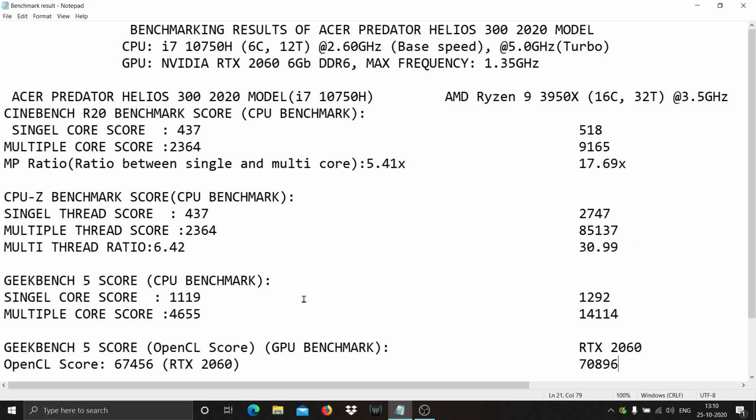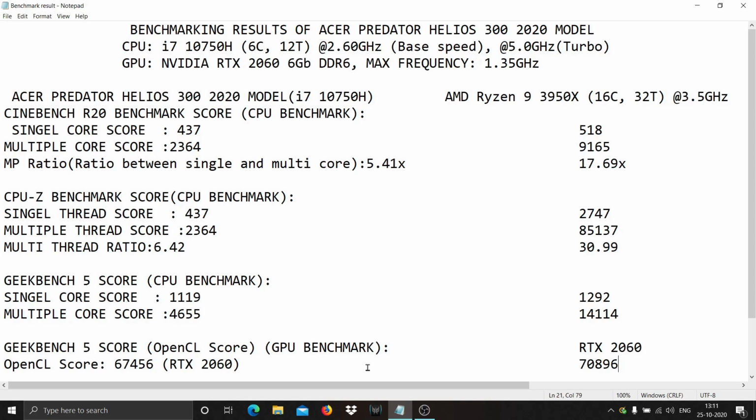And the Geekbench 5 CPU benchmarking score is single core 1119 and multi-core 4655, whereas the AMD Ryzen has single core 1292 and multi-core score 14114.